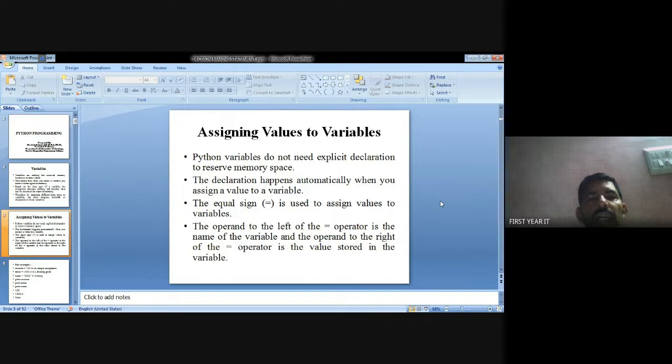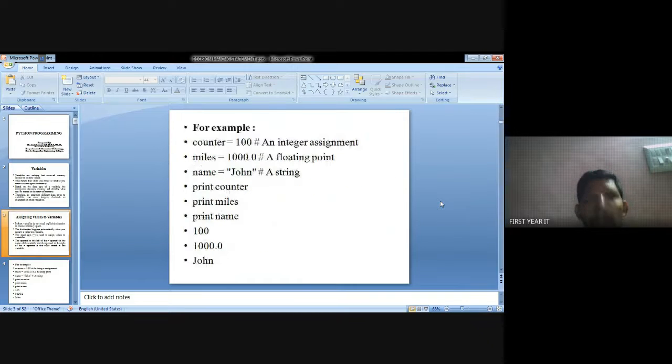The operand plus operator is represented by the assignment symbol, equal. For example, counter equal to 100. 100 is the value, and counter is called the variable. The variable is assigned the value using the equal symbol. So counter is counting the value 100.